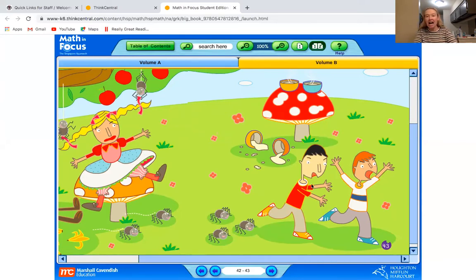And how many children do you see that are running away? And then how many children are left? So let's count all the children together. We have Little Miss Muffet, 1, 2, 3, and then those boys. So Mrs. Frey is going to write the number 3 and then minus,